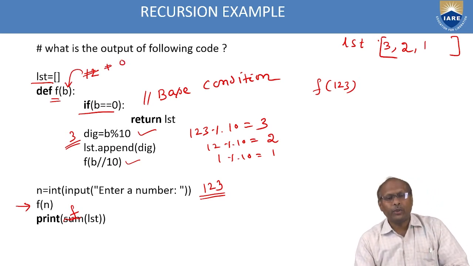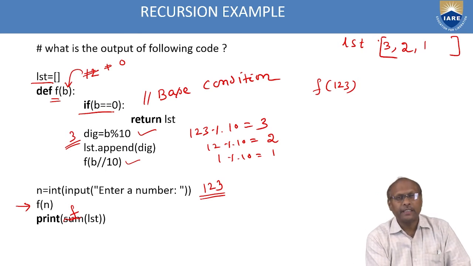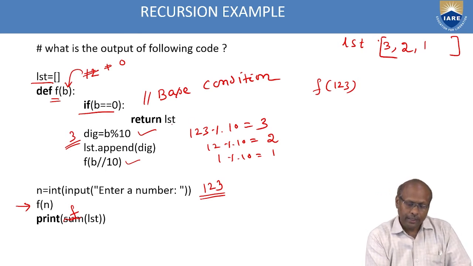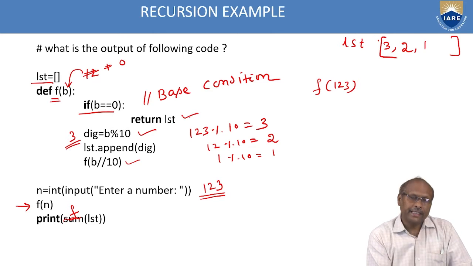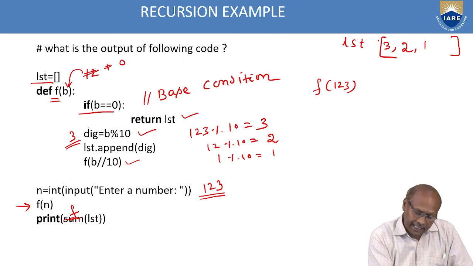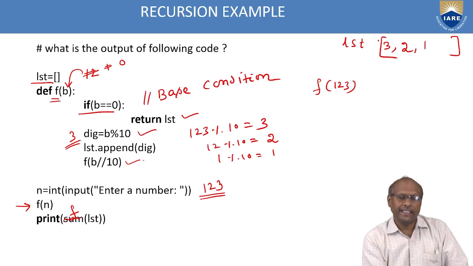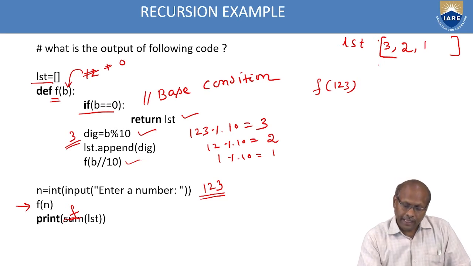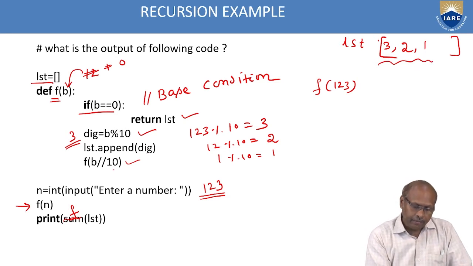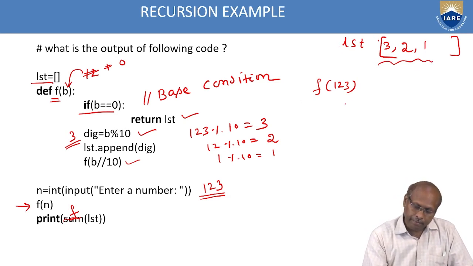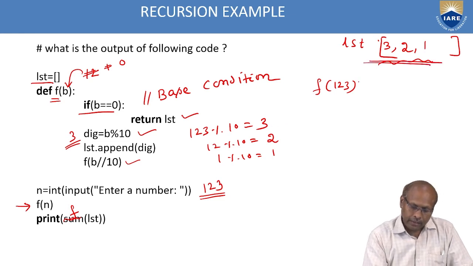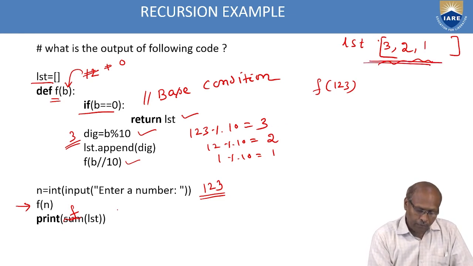0. So whenever 0 comes, this condition is satisfied. 0 equals 0. Yes. So return the list. When this condition is satisfied, it returns the list. So the recursion stops here itself. Finally it returns the list. Because it is calling 3 times, the list is returned 3 times, and finally this function f is calling